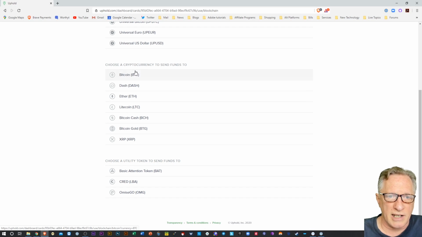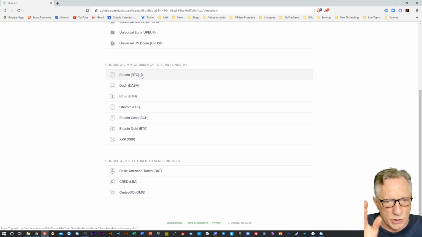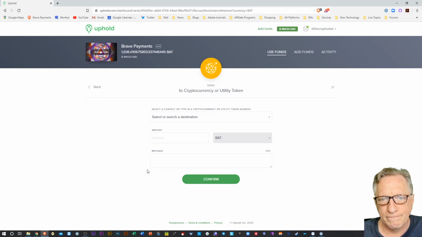So if I were to send it to Bitcoin, Uphold would sort of under the hood do the exchange and transfer for me to a Bitcoin address, right? But I'm just going to transfer my BAT from one place to another. So I'm going to keep it as BAT. So I'll click this one here, and my destination is going to be an address, right? A BAT address. So let's go over to my Ledger Live,